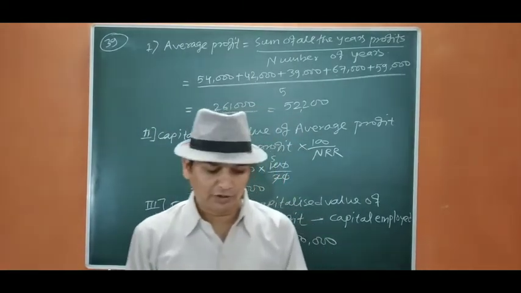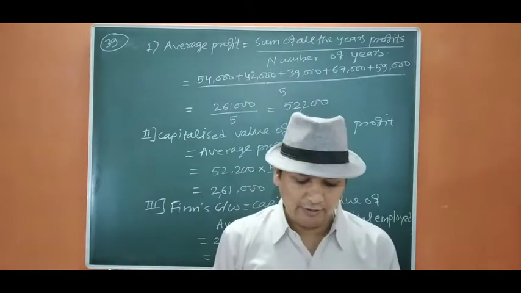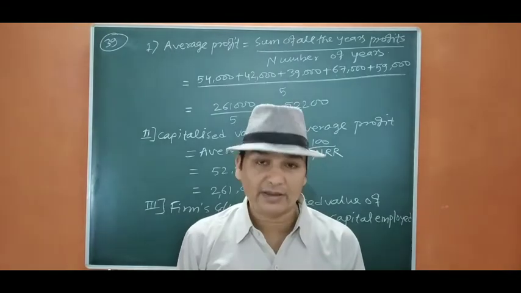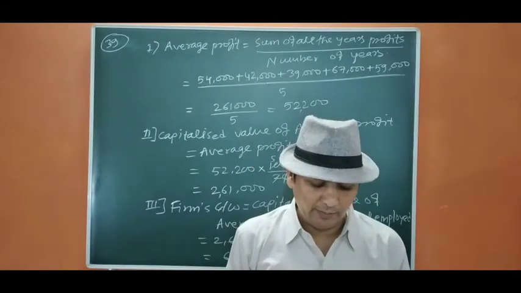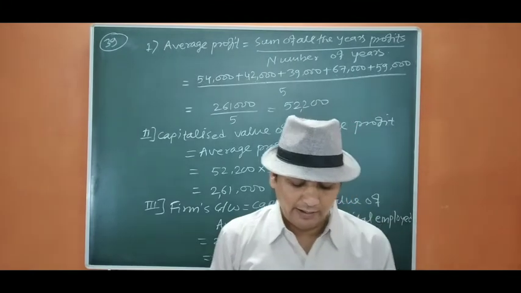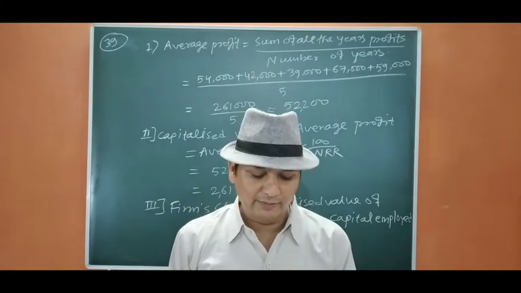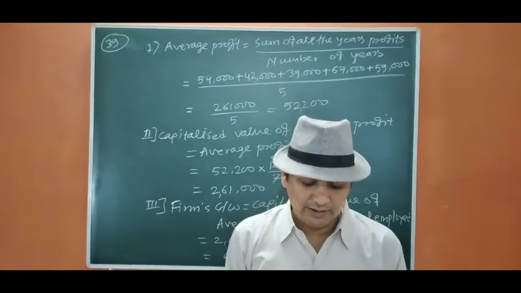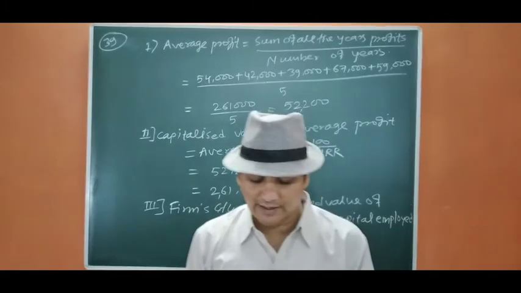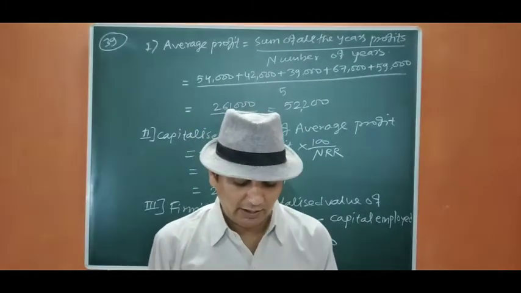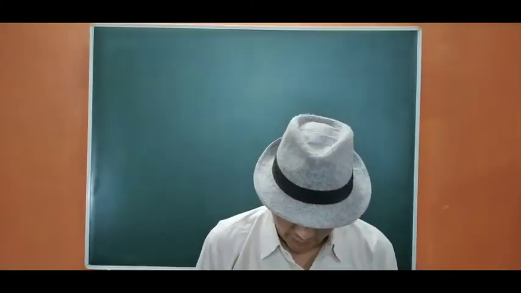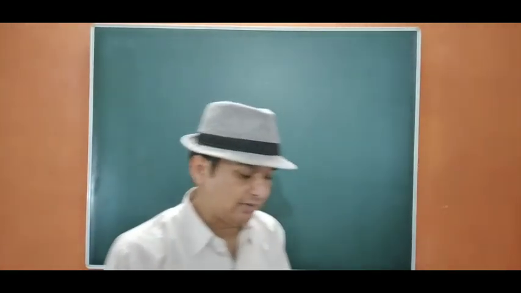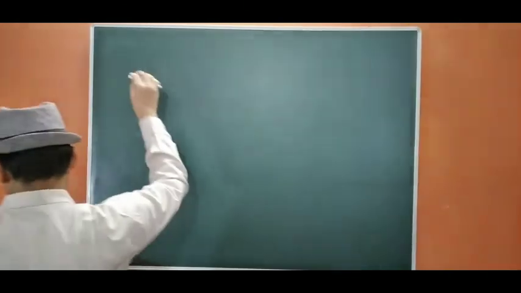Now we go to question number 40. A businessman has earned an average profit of 4 lakh during the last few years and the normal rate of return in similar business is 10%. Find the value of goodwill by capitalization of super profit method, and second, super profit method if the goodwill is valued at 3 years purchase of super profit. Assets of the business were 40 lakh and its external liabilities 7 lakh 20,000. Okay, so let us start. Up to super profit we are going to calculate together, then we are going to calculate separately.